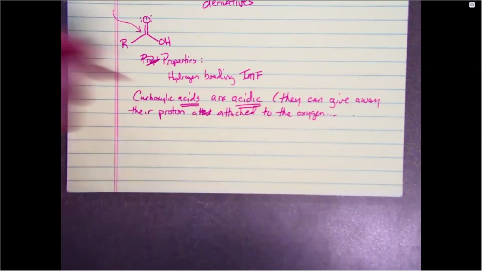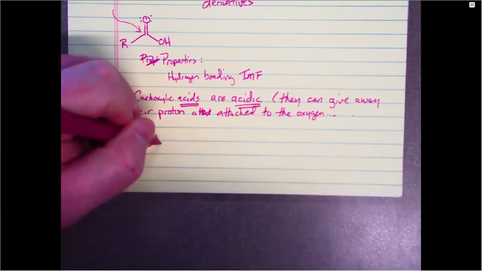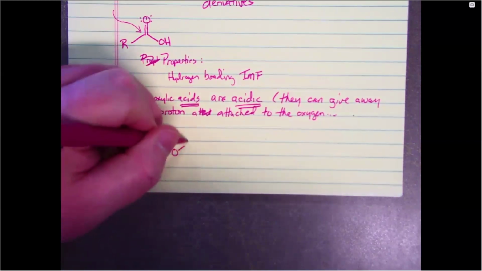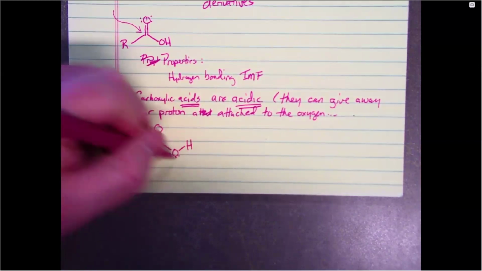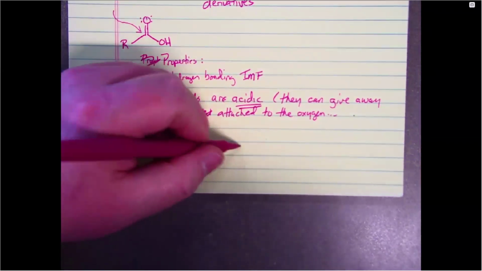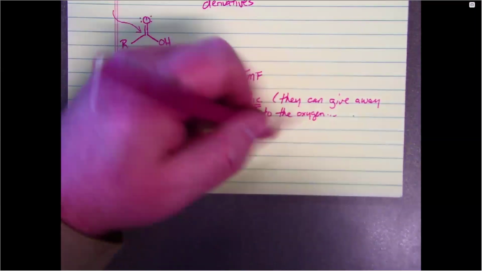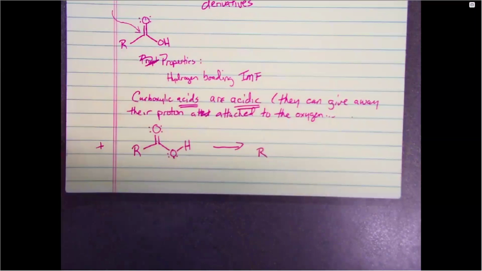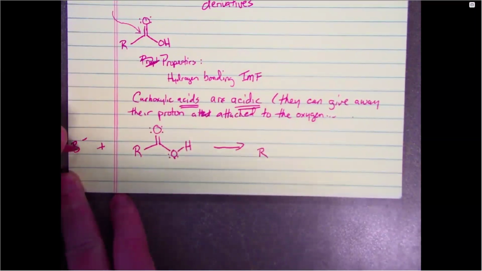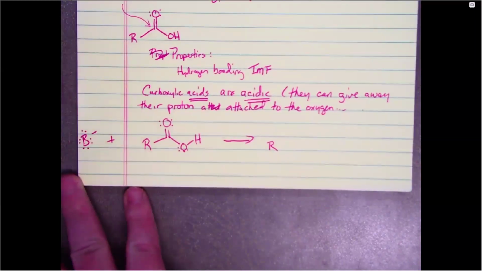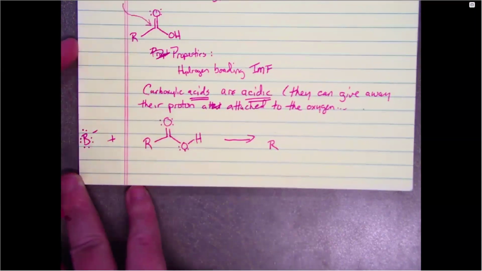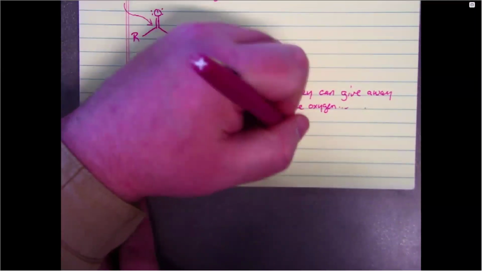So what does it look like when a carboxylic acid gives away its H+? I'm drawing in lone pairs here so you can see what's happening. And what I'm drawing over here on the left with a capital B is not a boron atom. That is some kind of base, all right? Some sort of base that can take this H+ away from the carboxylic acid. Now, when we do that,